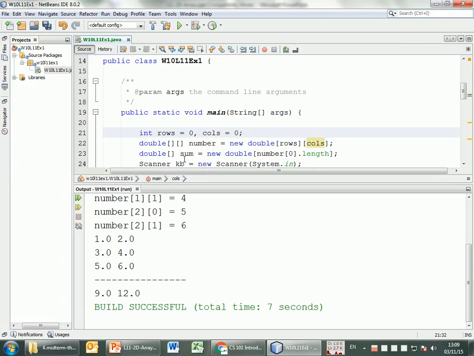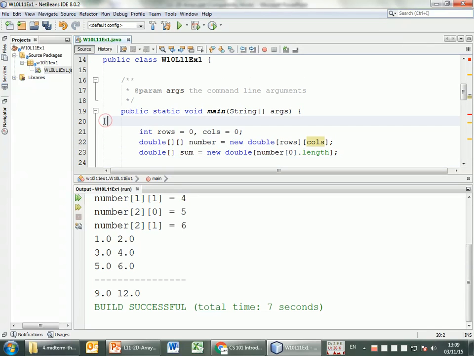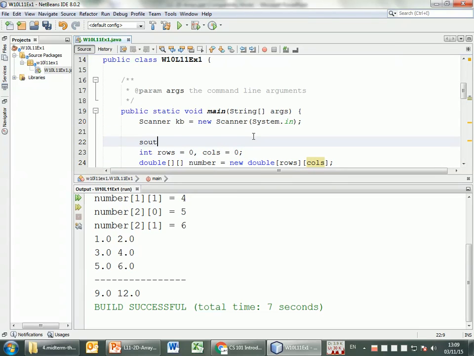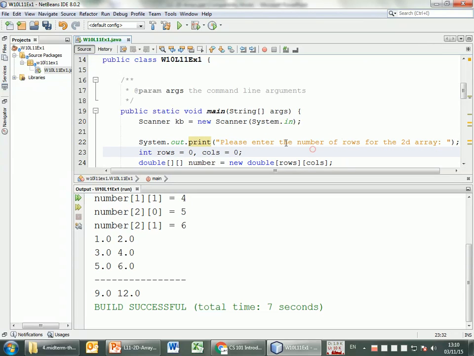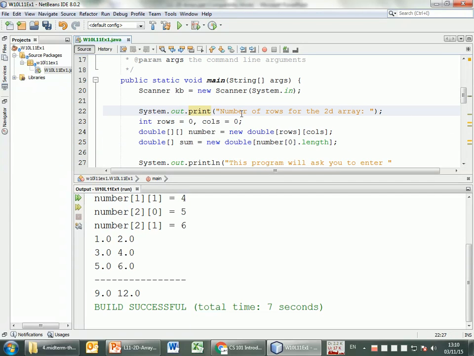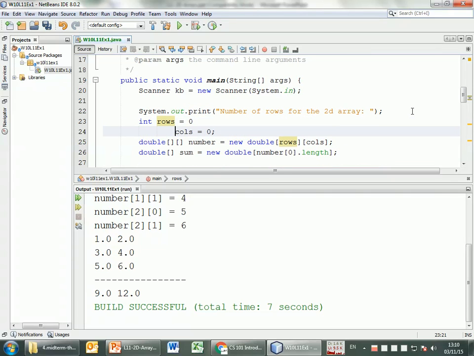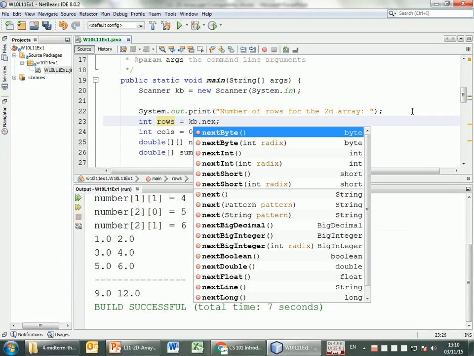So what I'm going to be doing is, I need this scanner to be declared before, and then I'm going to ask the user to give me that. Please enter the number of rows for the array. And then I'm going to maybe just make it a shorter sentence. I can do something like this just for the sake of having something clearly visible on the screen. Number of rows for this two-dimensional array, and then I'm going to do something like this maybe. KB dot next int,